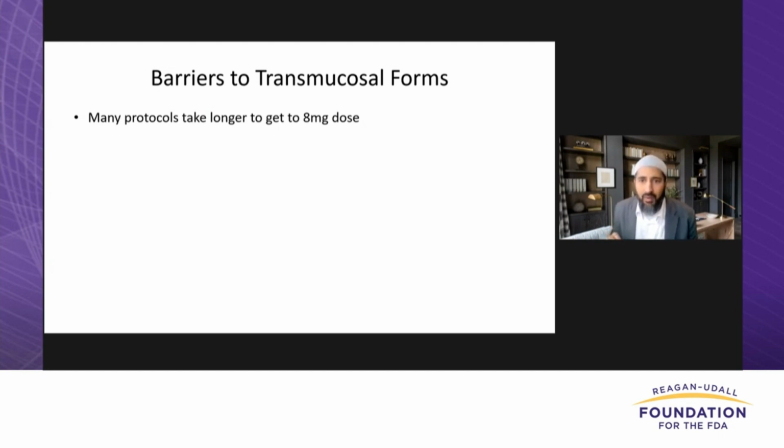For the sublingual preparation, many of the protocols take longer to get on an 8 milligram dose, typically 4 to 7 days. But there are protocols that have been done in fewer days. For opioid use disorder patients, the goal is to reduce their time on illicit opioids or hospital administered opioids that are short acting and highly reinforcing as fast as possible. So shorter protocols are generally preferred, whether that be sublingual, transdermal, buccal. Also, the most common low doses are 0.5 milligrams to 0.25 milligrams.